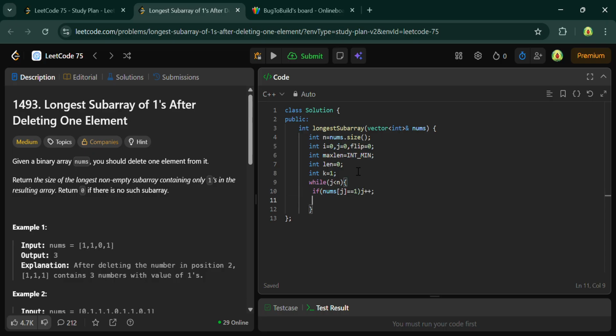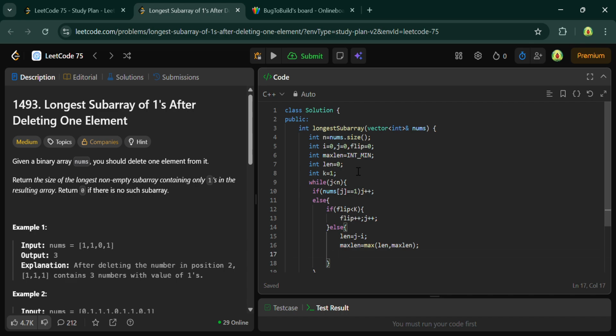Else if it is not, then I just have to check if flip is less than k, then you just have to do flip plus plus, j plus plus. Else you just have to do length equals to j minus i,